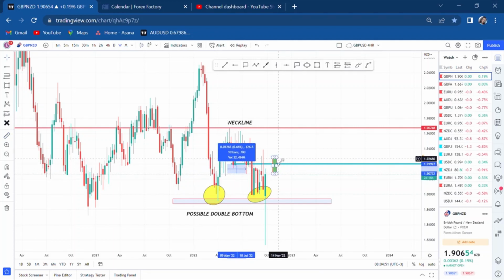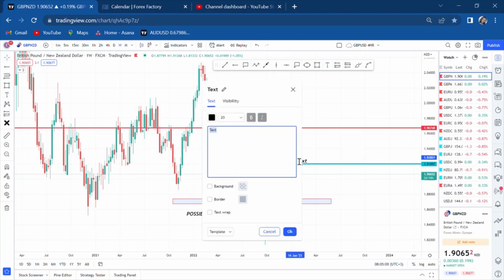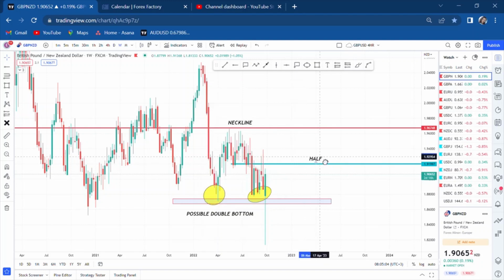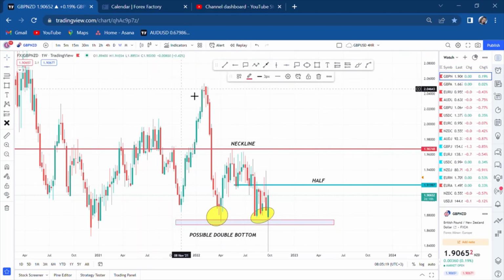I'm telling you, if the market, if this candle continues to go up and closes above this green line, how many pips to the line? Let's count. How many pips? 126, and today is on a Wednesday. So if the market closes above that green line, and the green line is our half, don't forget we have measured our half. If the candle closes above our half, this is a long-term buy. Just place your buy and your take profit is to the neckline.